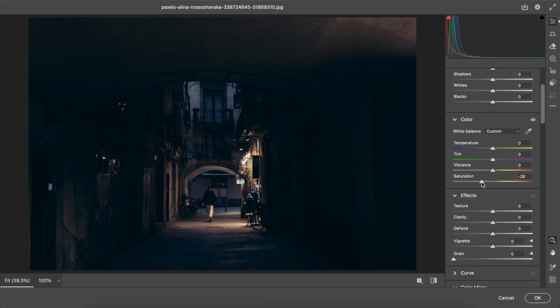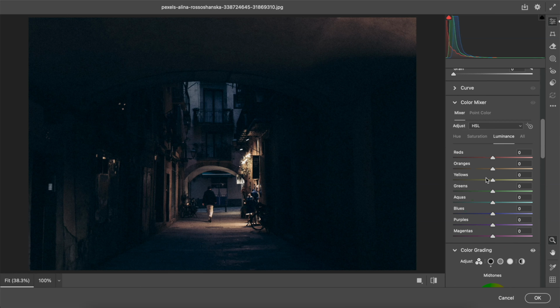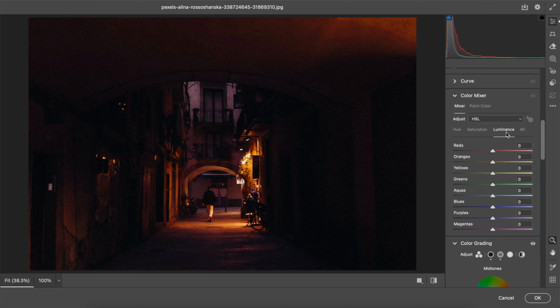This is a scene of solitude, but there is that safe hope in the light at the end of the tunnel. So I will boost the luminance of the yellows and oranges to make it feel like a safe pocket. But for the danger edit, I want to completely destroy that feeling of safety. I want the viewer to feel like there's something lurking right beside them in the blackness, which is why I will drop the luminance of the walls until they are pitch black.